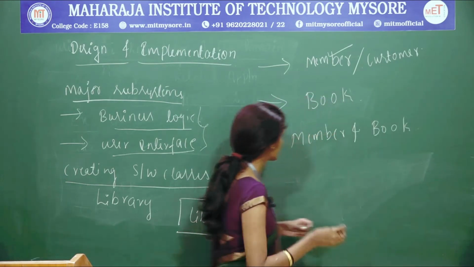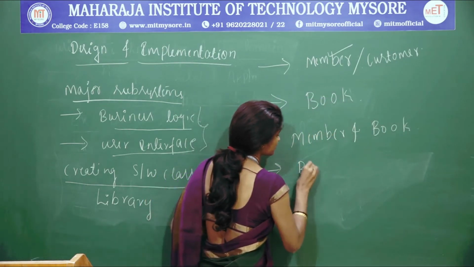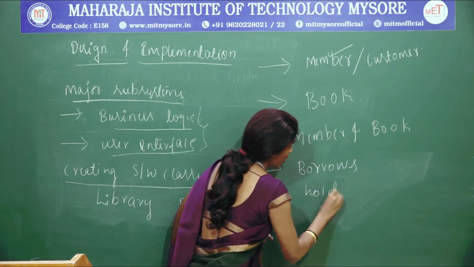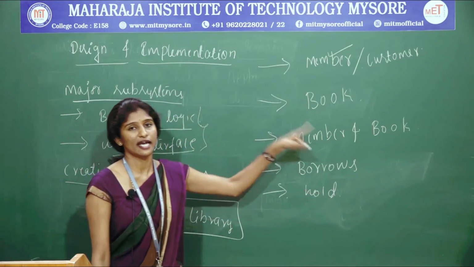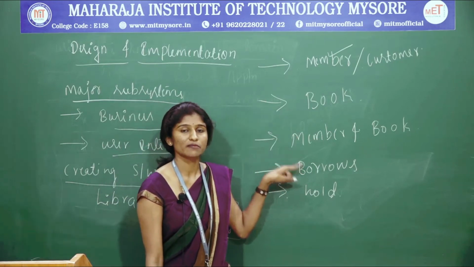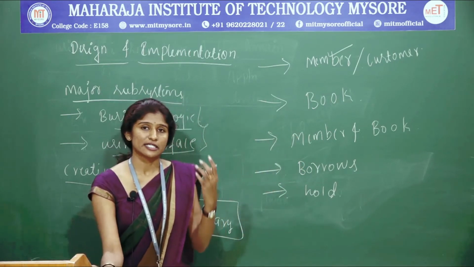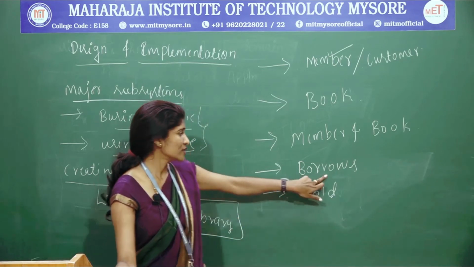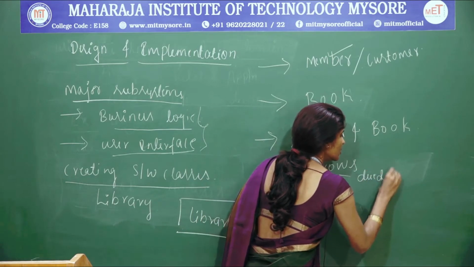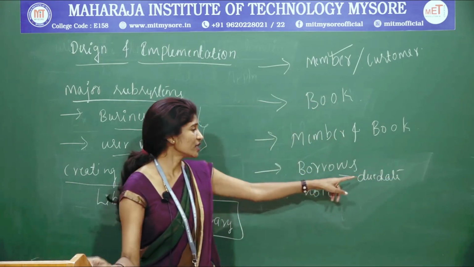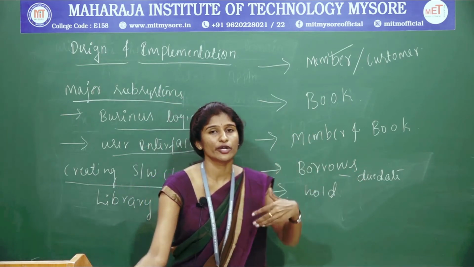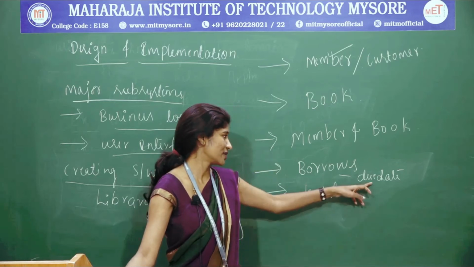We have also written for the borrows class and the old class. For all of these we had written a conceptual class diagram in the previous video. Now I am going to use the same topics, for which we had written properties, that is attributes. For borrows we have written a due date as an attribute, right? Due date is calculated from the borrow date to the date on which you are going to return. So that was the attribute of this particular borrows.